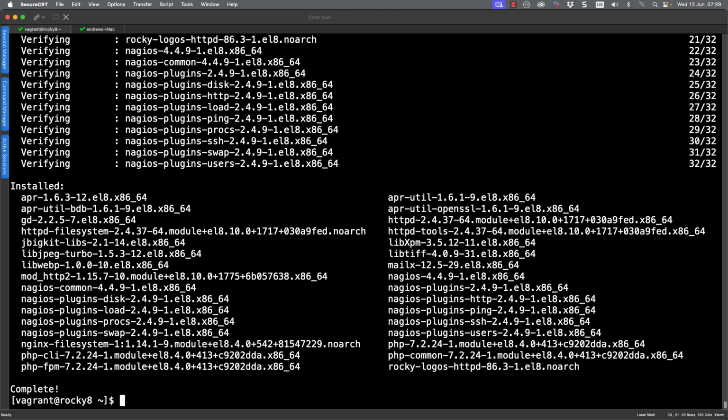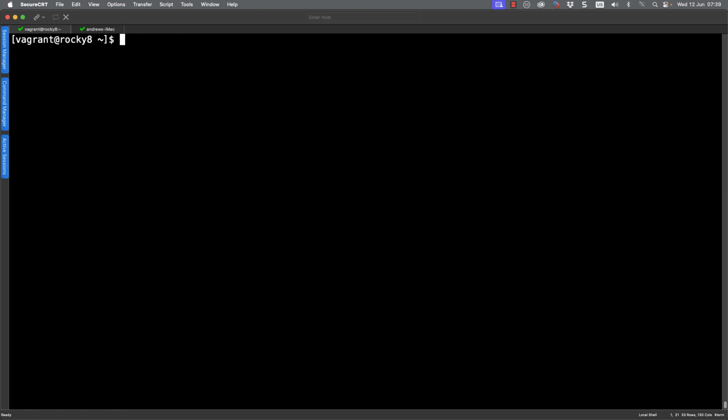Now, with everything installed and ready to go, the next step is going to set the Nagios admin web password for our administrator. Now, there's no point me just setting it and saying this is the way that it is set. You need to understand how we determine which password file we need to go to and which user account we need to use.